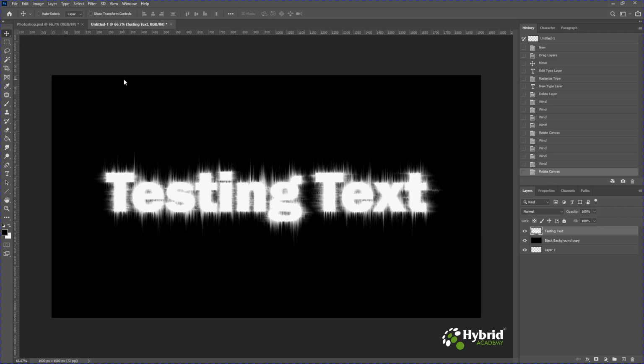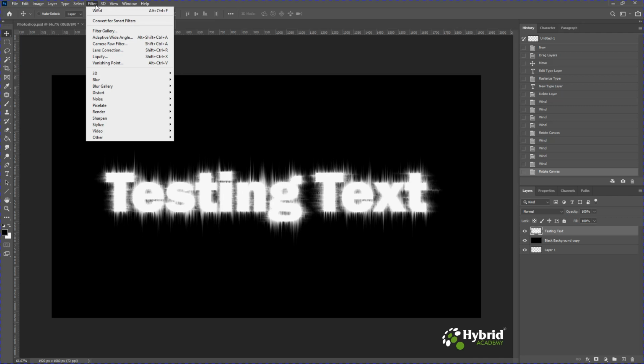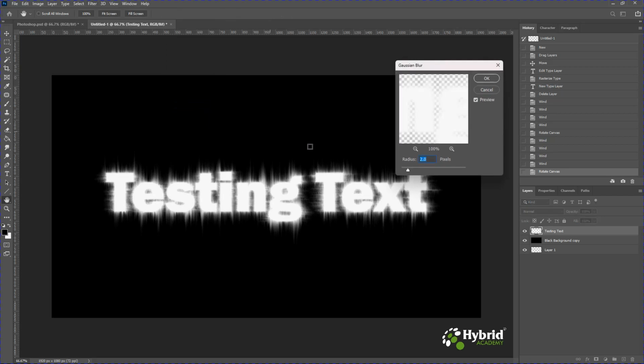So now we are back with the text. Now the next filter we need to apply is to blur these sharp spikes. To blur these sharp spikes, we'll go to filter, we'll go to blur, and we'll select Gaussian blur. These are different methods to blur it. For this we'll select Gaussian blur, and we'll select the radius as 2. You can see the preview. You can make out the difference between the blur image and the normal image, and we can click on OK